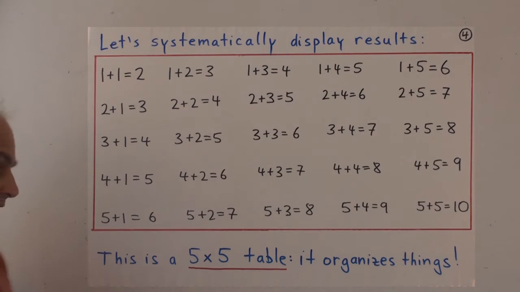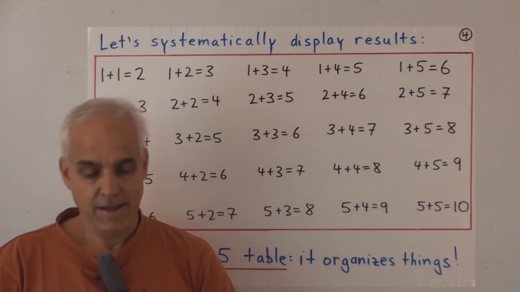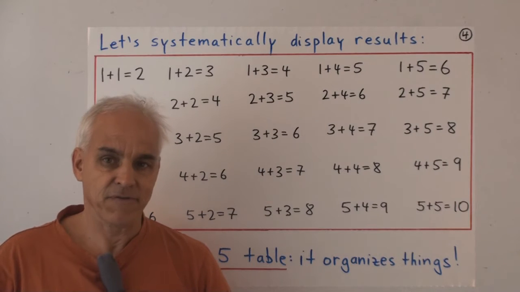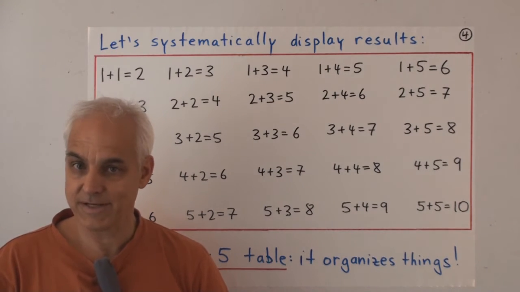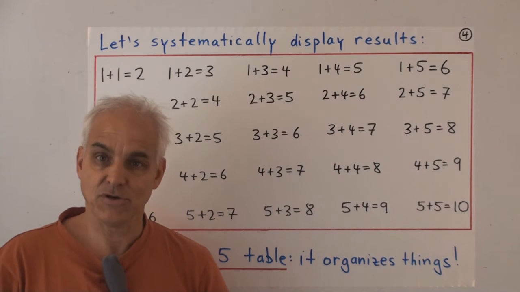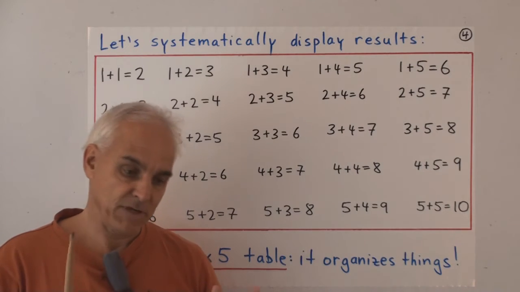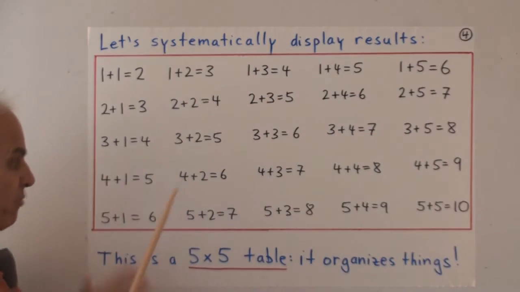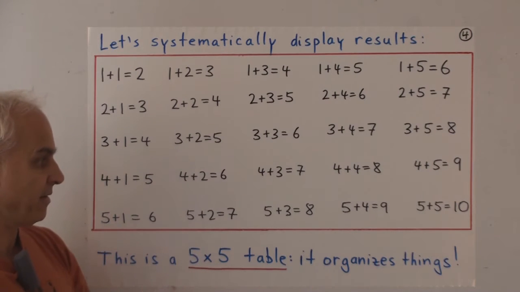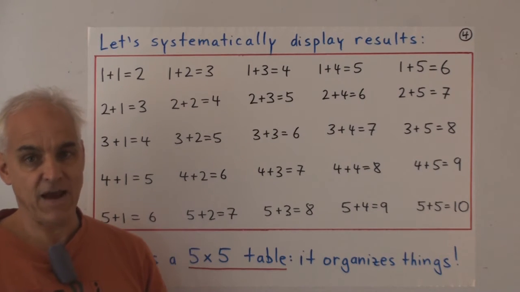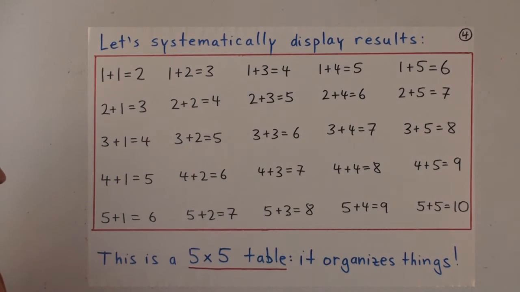Now it's a fact that young people have to learn this table one way or the other. And I'm not going to make definitive statements about how young people should learn these things. I think that's best left to primary school educators to figure out. I'm just pointing out that this is a very important preliminary understanding that all students of mathematics have to make progress in arithmetic and consequently in mathematics.